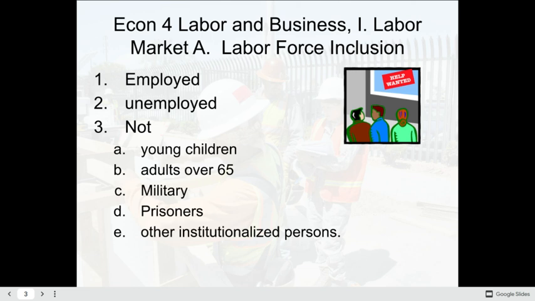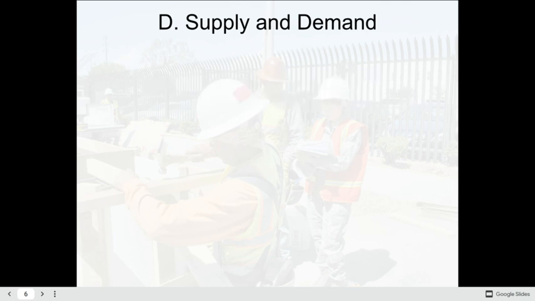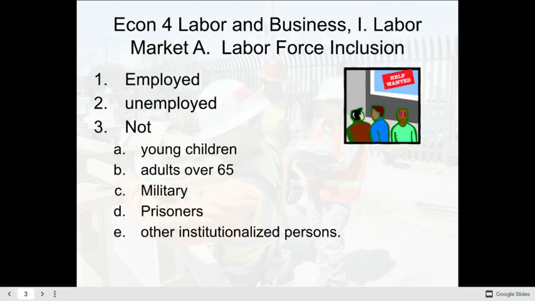So who is not included in all this? Well, a big one would be discouraged workers. People who are no longer looking for a job but might want one. They're known as discouraged workers. So when you're filing for unemployment insurance, for instance, you have to verify that you've been searching for a job in the last 30 days. So once people stop doing that, once people stop filing for unemployment insurance, they're no longer included in the labor force. So when you see that unemployment rate of 6%, that does not include people who have been discouraged from